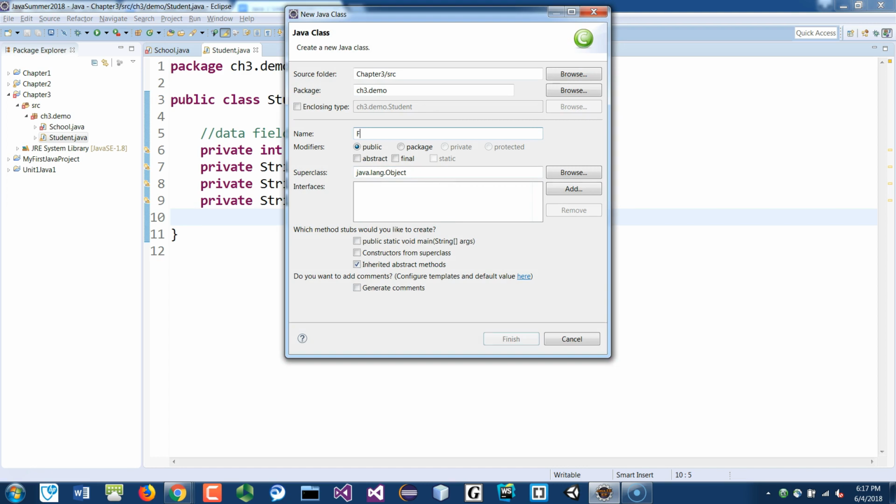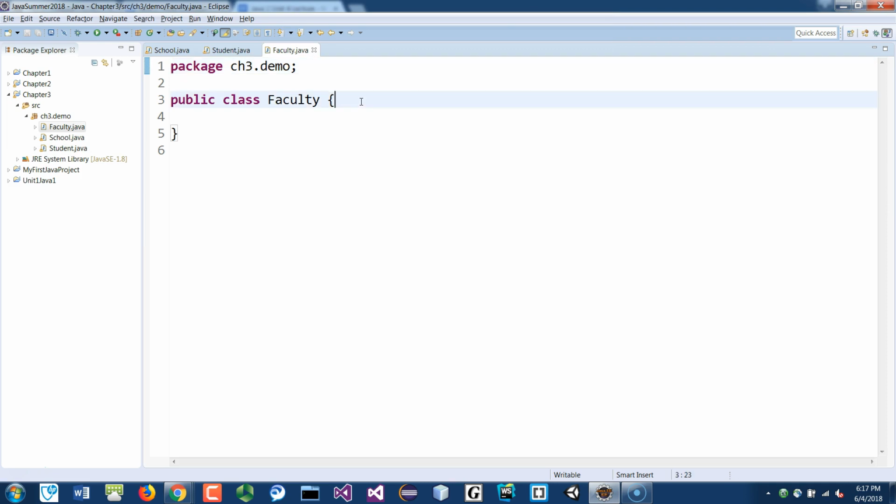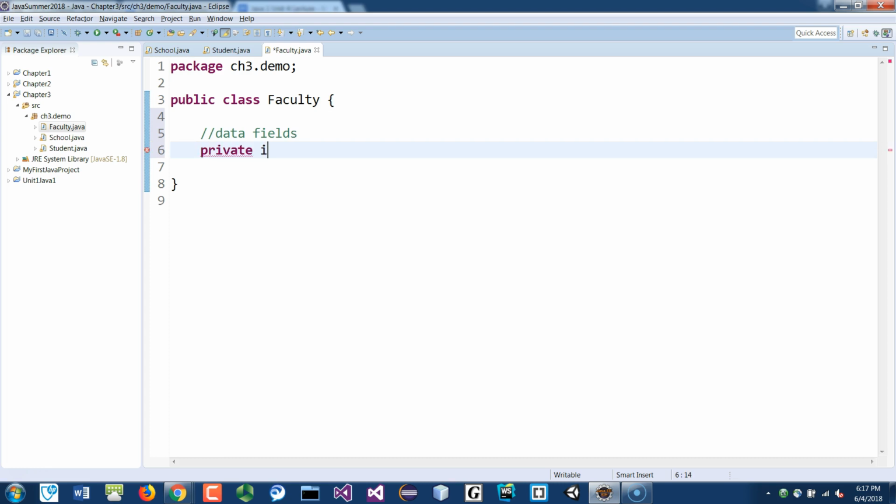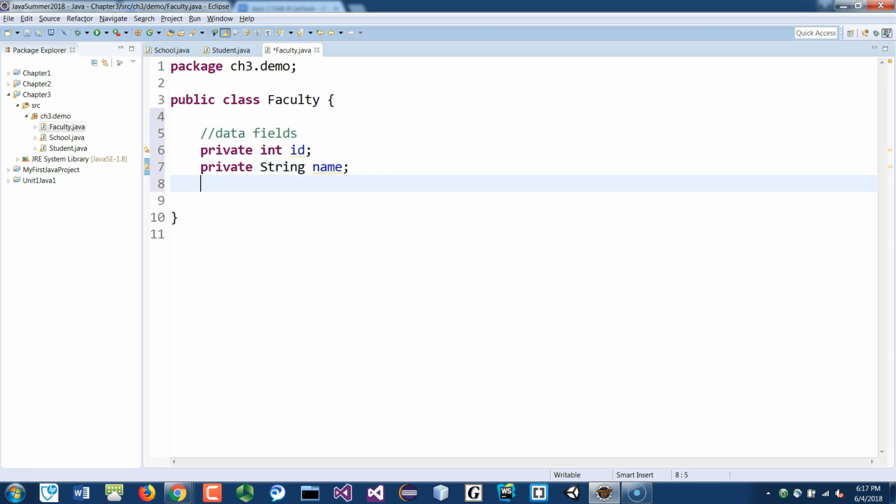So we'll call this the faculty class. And again, just accept the default. Data fields will be kind of similar. We have the private faculty ID, the int ID. Very similar to student, right? Just put name. And we'll put department instead of address. We'll just put department. Okay, we'll stop there. So now we have 3 classes,